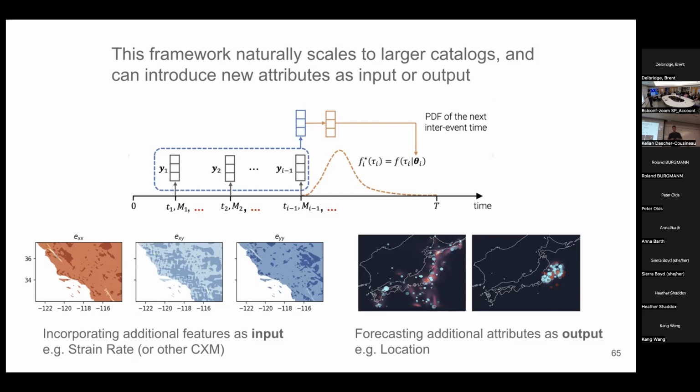In addition, we can also forecast other aspects of upcoming events. I've shown an analysis where I'm generating a probabilistic description of when the next event is going to happen. But we can do that for the magnitude, we can do that for the location, and I think that has very practical applications. I think there's a lot of room to improve spatial forecasts in this way, for example.